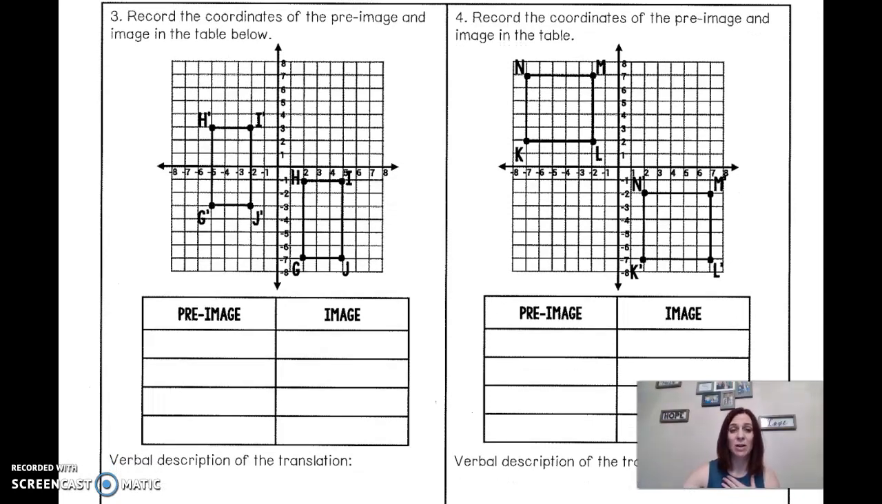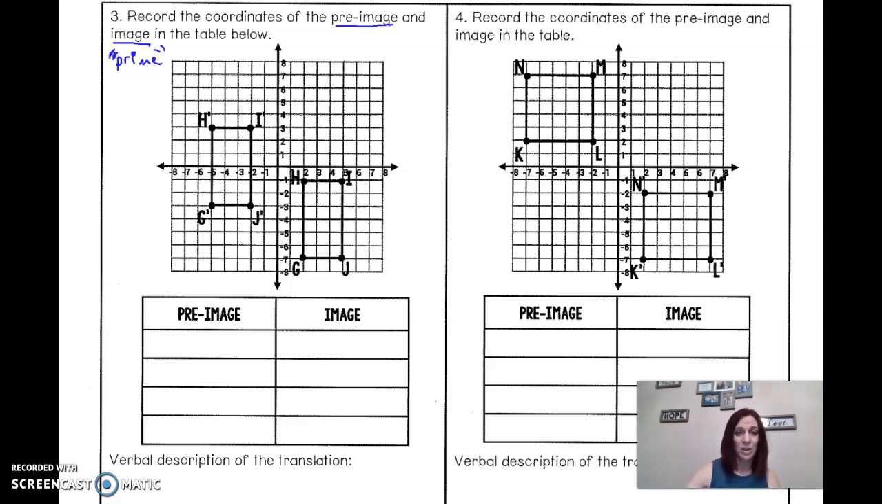So this is a good time to talk about pre-image and image. How do we tell which one's which? This is important. A pre-image is our original. They are the regular vertices, the letters without the little prime symbol, the apostrophe. Image figures are going to be the prime ones, right? And the prime is the apostrophe. So this right here is our pre-image,